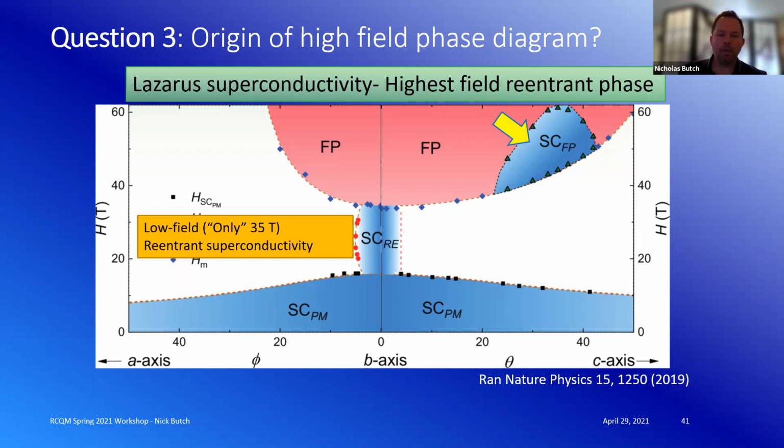And if we're to assign a qualitative label to the lower temperature stuff, the lower field superconductivity looks kind of 3D. Then as you get towards B, there's this narrow finger over which it extends up to 35 Tesla, and above that, reminding you that there's a magnetic transition, there's what we're calling a field polarized phase. And then what I've labeled Lazarus superconductivity, and I thank the Mag Lab for that label. There is another superconducting phase that lives between 40 Tesla, actually higher than 60. We're not really sure exactly how high it goes, but that's kind of what it looks like.